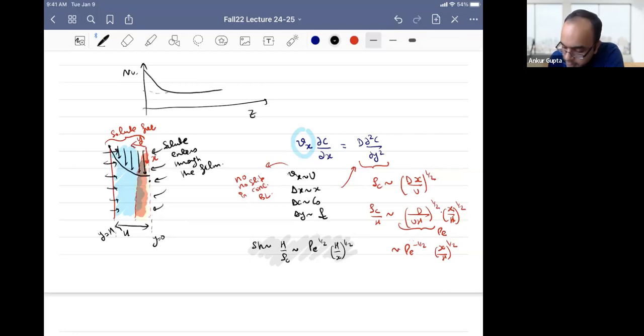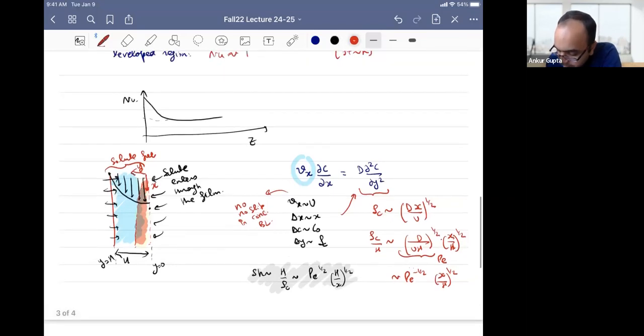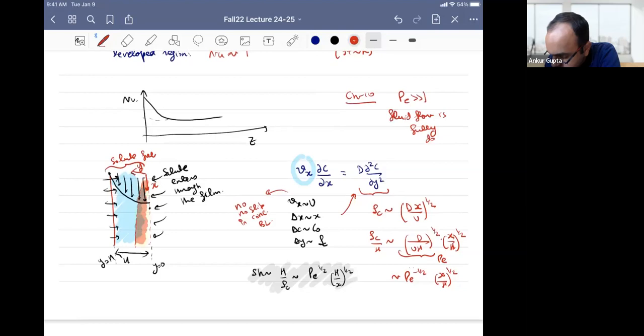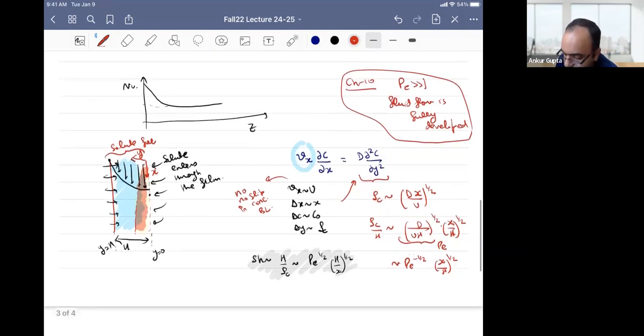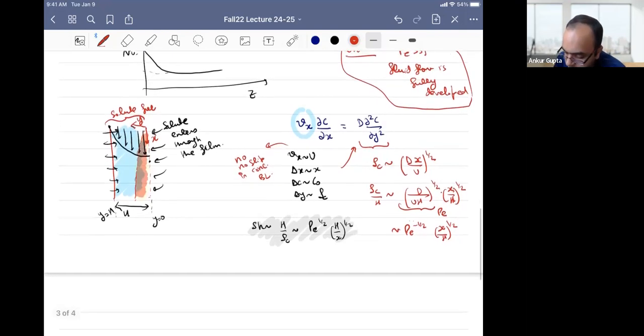All right. So I just want to clarify one point that we have been discussing. In chapter 10, what we have really discussed is the Peclet number being large and the fluid flow being fully developed. So this is the only case scenario we discussed. Now we go to chapter 11, which is